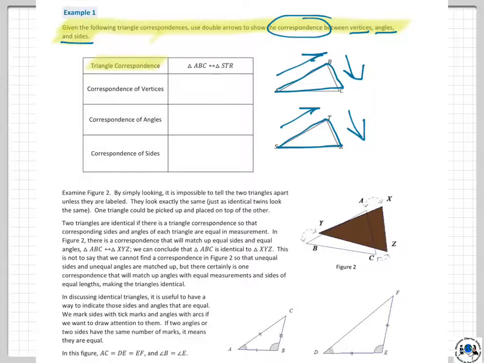Right here, you're going to start off with the correspondence of the vertices. How do the vertices match up, and so on. So do a complete job. For example, for the vertices, we need a correspondence for A, B, and C. It's going to look like that. Then you're going to match those up, and this should not be difficult because, like I said, it is a pretty basic one. All right, so go ahead and do that, and do that for the angles, and then the